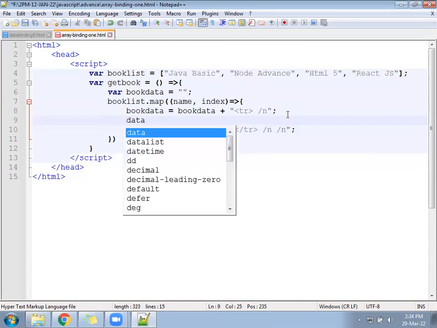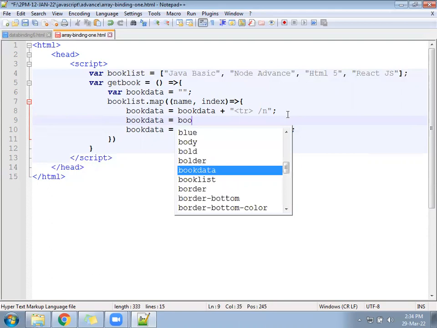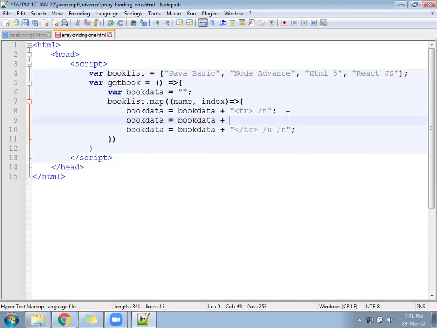Book data equal to book data plus open the td, plus index, plus close the td. After the td, slash is required.